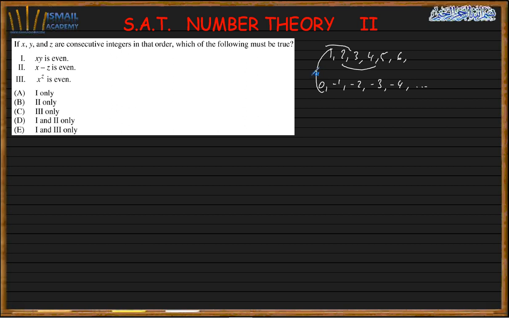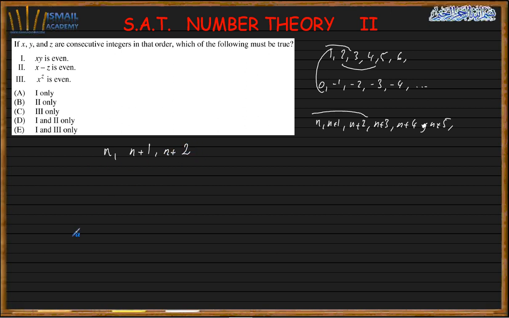But what is the general notation of three consecutive integers? The notation is the following. Either we do n plus 1, n plus 2, n plus 3, n plus 4, n plus 5, you see? Those are consecutive integers. Or we can do n minus 1, n plus 1, n plus 2, and so on. Any way you do it, it's okay. So if they ask me for three consecutive, I'm going to pick those three, for example. I have those three consecutive integers, and n can be any integer, can be two or anything. So it's still